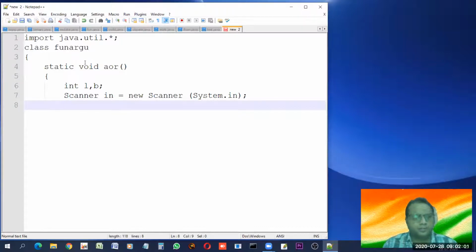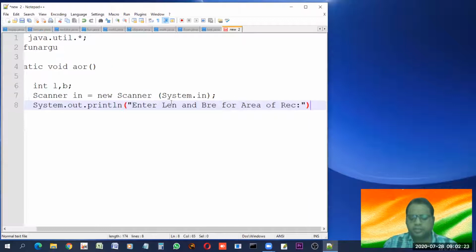Now what? A message. Enter length and breadth for area of rectangle. Any message you can give. Now what? l = in.nextInt().